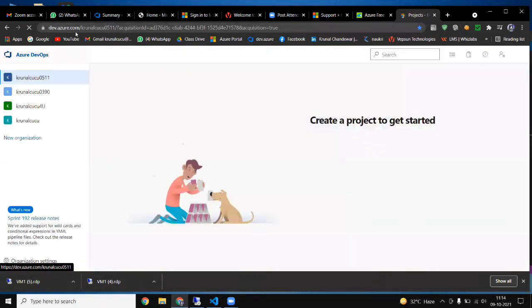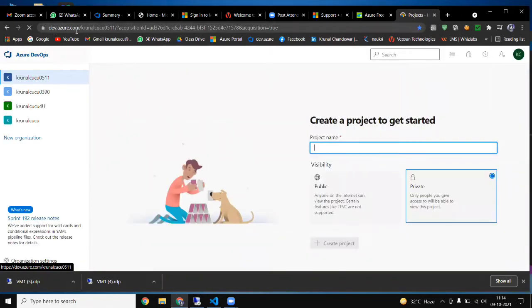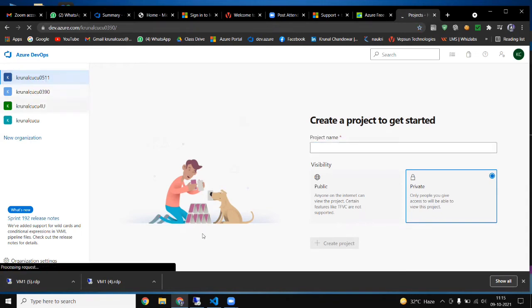So as I told you, we have to log in with the same credential. See here, dev.azure.com. What is dev.azure.com? As I log in with Kunal CU, it made 10511. That is the name of an organization, you can say, that is being made. After that we have to give the name of a project, and after the slash, that is included in our project only. So as I log in, I made many organizations here, with 0511 and different names here.